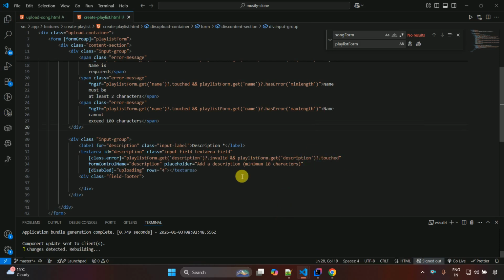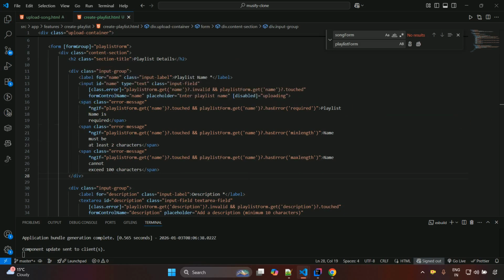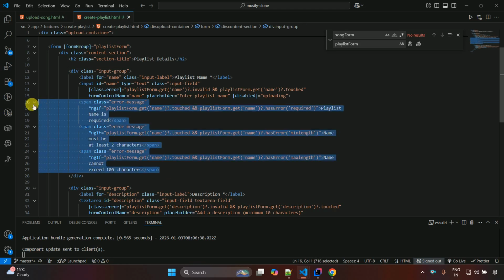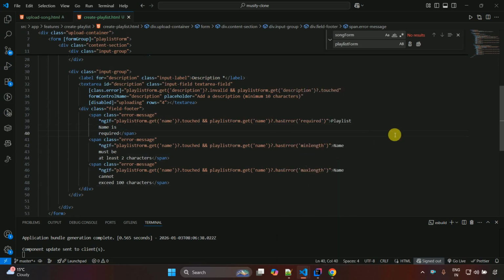So let me format this, and let me copy paste all these spans, which are error messages like description is required, at least characters, and all those things. So these three I'm just going to copy paste from over here, and let me paste it over here. Let me format this, and now here we have to change it. So first which is span class error message, and then playlist.get, here we have to write description, and then we have touched, which is correct, and here also we have to write the description, and here we have to change this to description,